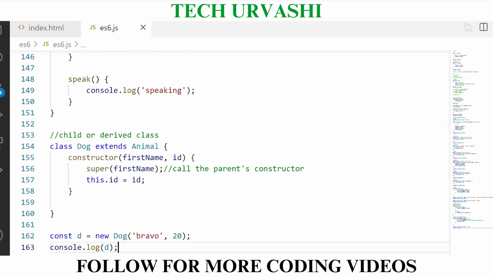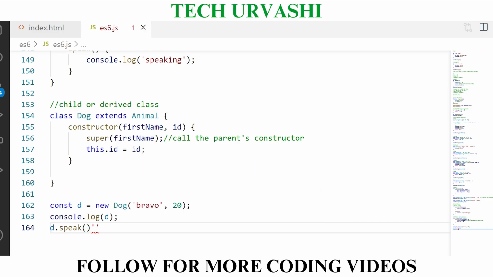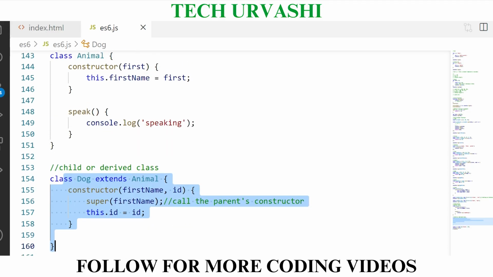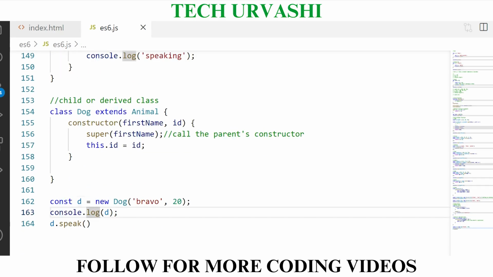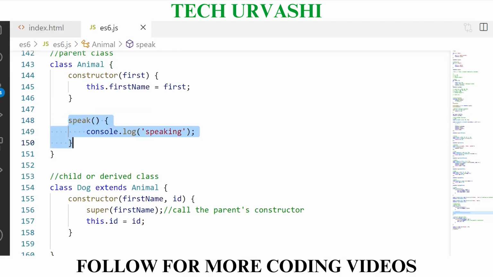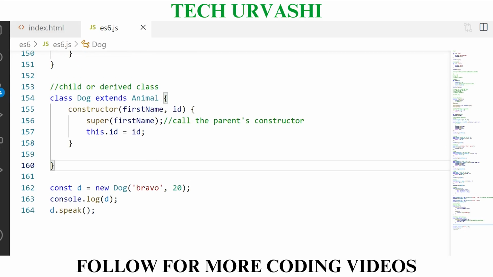So now if I try to do something like d.speak, because d is the object that I've created to access my child class, and I know that the child class can access the parent's methods and properties both, I should be able to access this speak method through this d object. If I run this, I can clearly see speaking has printed. That means I can access this speak method through this d object, which is the instance of this child class dog.